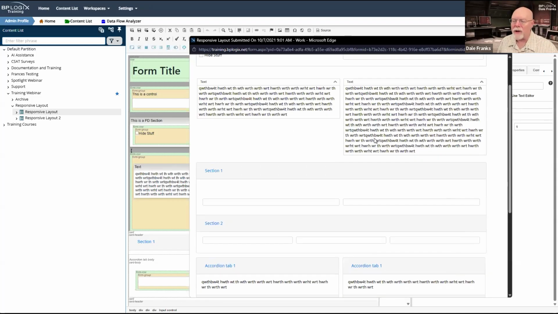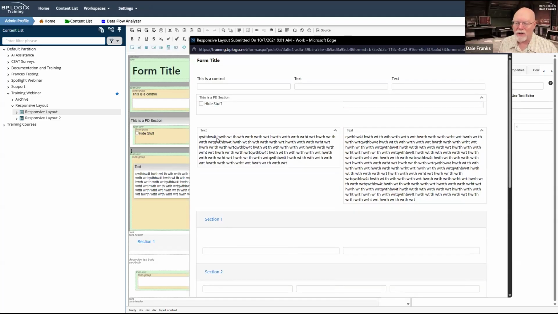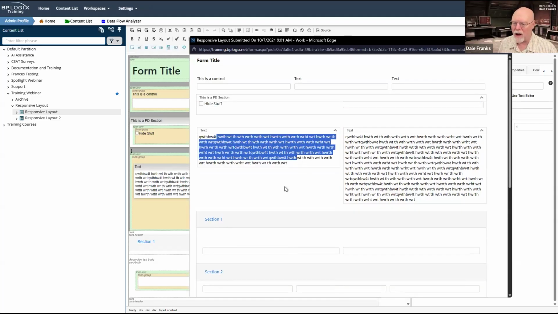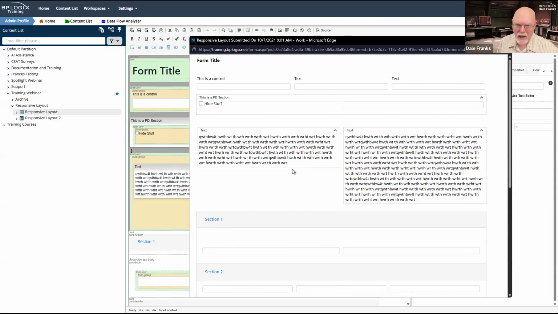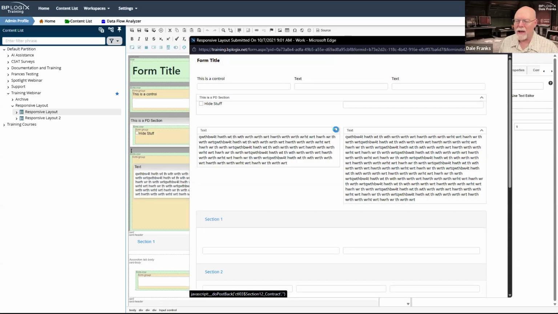There are several different types of controls that come with Bootstrap. I'm not sure, based on time, how in depth we'll be able to get into these, but up here, this is a Process Director section control, and this is the content of the section control. As you can see, I just do a whole bunch of text in here, and like you're probably used to, these section controls expand and collapse.